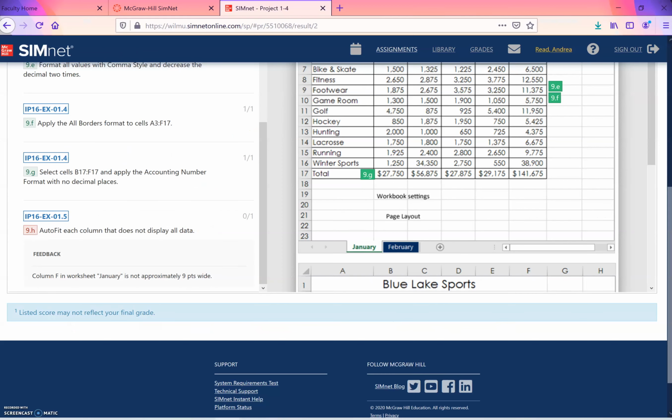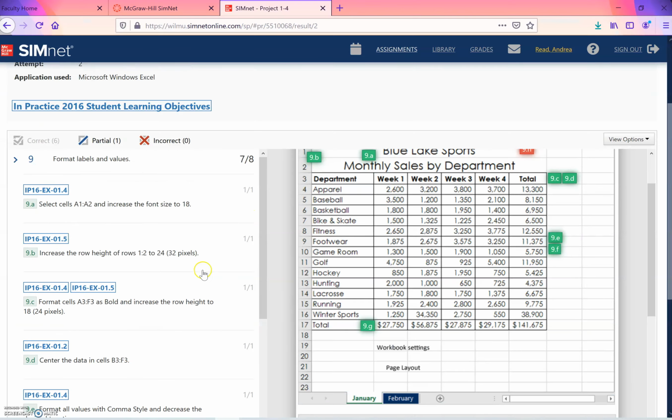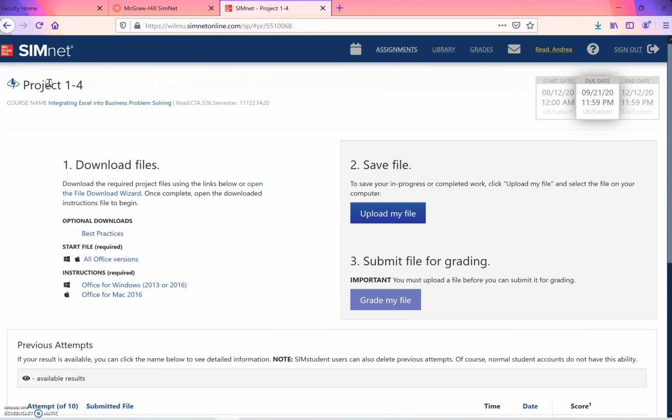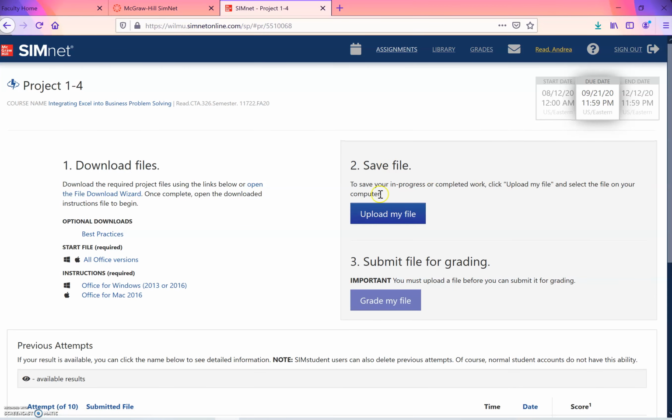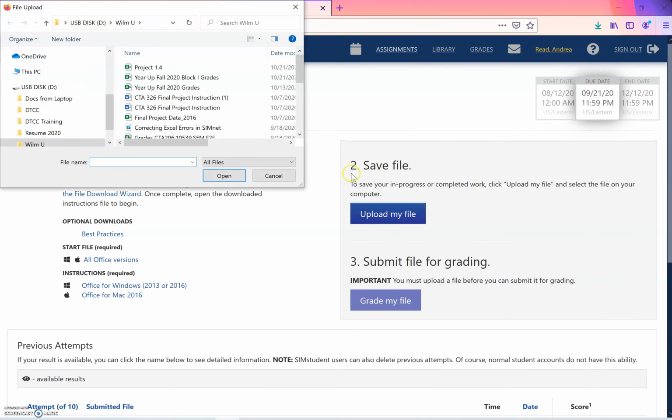So, sorry about that. So when you toggle back up and you go to that link, you're going to see all your attempts start loading up down here below. When you click on this, that's the error report. If you click on this, this is the file that you submitted for that particular attempt. So I'm just going to go for my third upload, and after this one I probably will receive